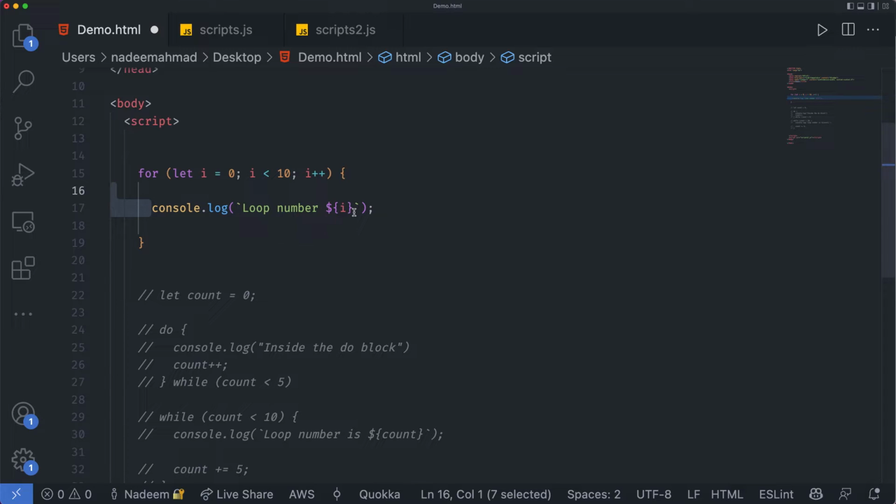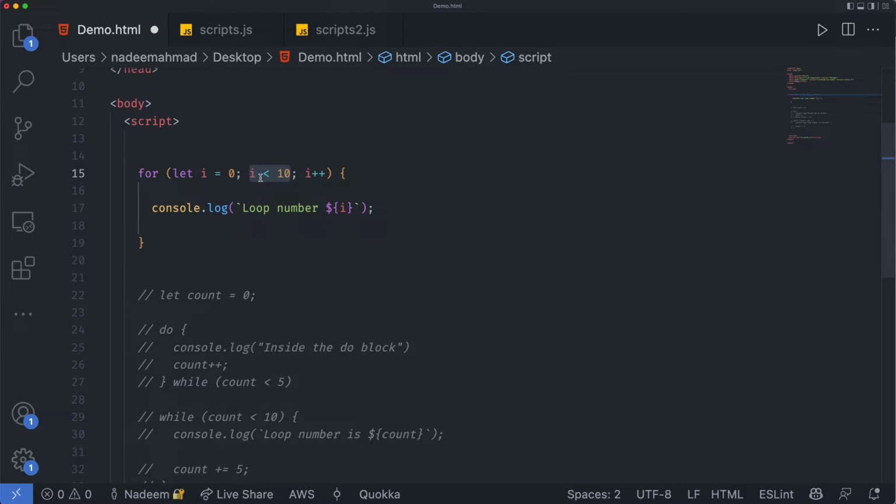Once the body is executed, then it does the incrementation part. So I is incremented by 1, and again it comes to this condition. It's not going to this initialization again. So just a fair point to remember: this is executed only once at the beginning of the loop. Once it is incremented after the body execution, then it passes the action